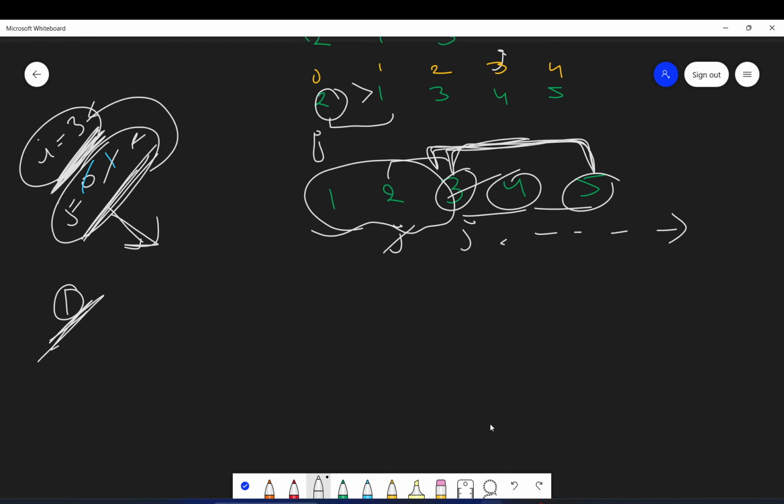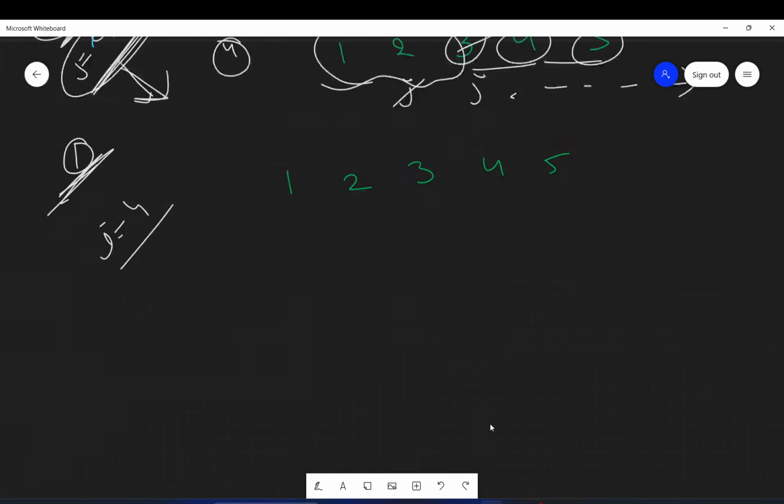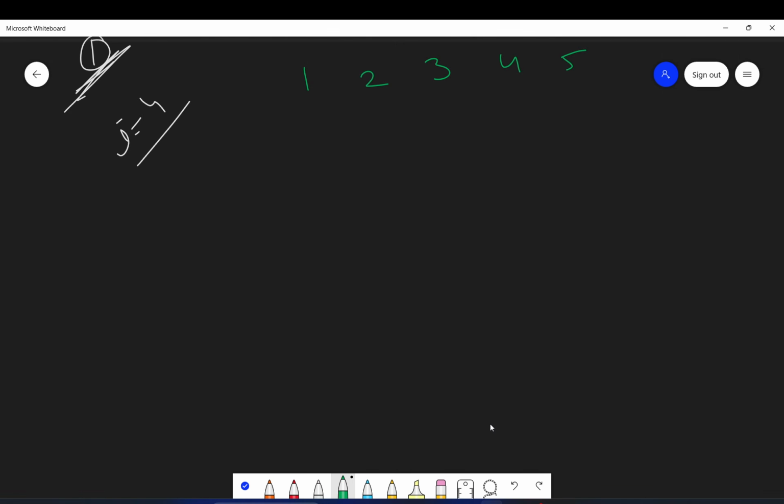Now let's say we have done the i is equal to 3 iteration. Now it's time for i is equal to 4. Because i will range from 0 to n, where n was 5, so it will range from 0, 1, 2, 3 and 4. So now it's the last iteration. Let's see the array we have. We have 1, 2, 3, 4, 5. Let me just quickly do the indexing 0, 1, 2, 3 and 4.